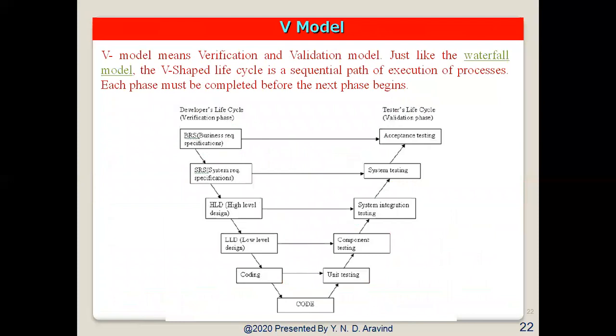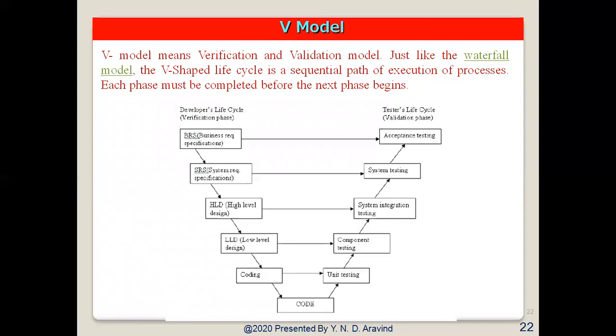Now, let us see the V model. So here the V model means verification and validation model. It is just like the waterfall model. The V-shaped life cycle is a sequential path of execution of process. So each phase must be completed before the next phase begins.